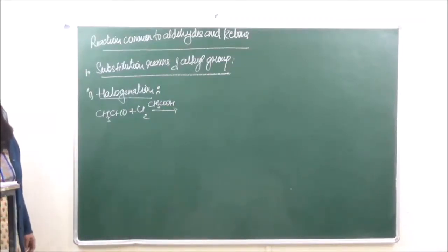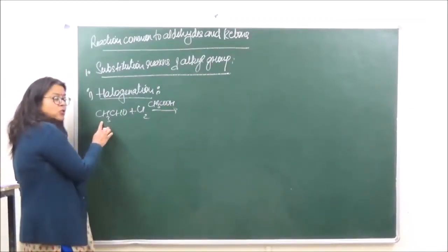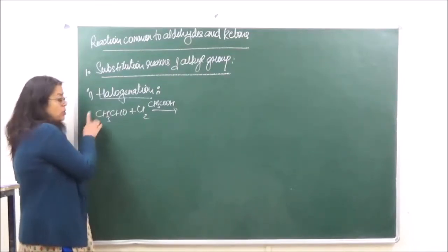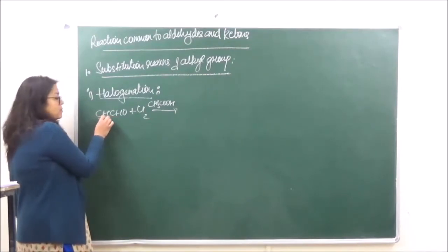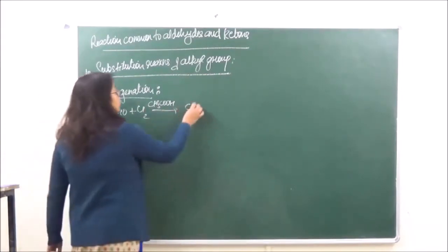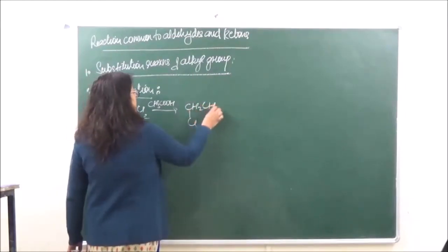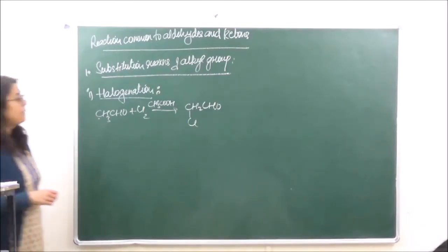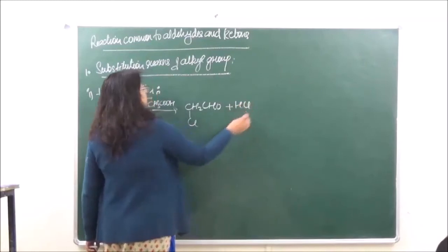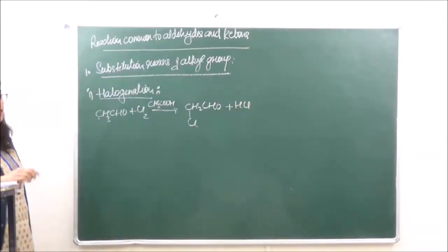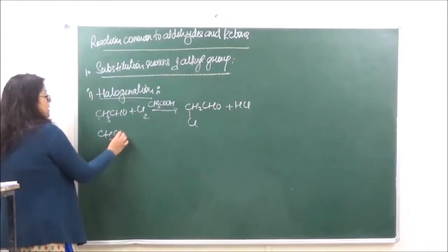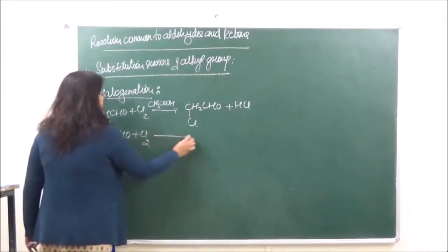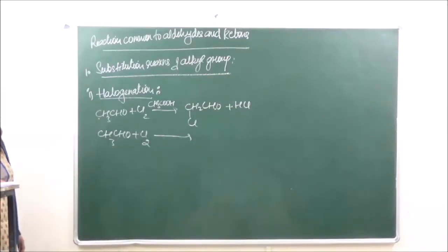CH3COOH in acidic medium, the alpha hydrogen which is present over here is going to be substituted. It is always the alpha hydrogen which is going to be more susceptible towards substitution than the next hydrogen. So if this is a functional group, this is the alpha carbon atom, and this is going to be the alpha hydrogen over here. So we're going to get a product of the type Cl-CH2-CHO plus HCl. Now if we're doing the same reaction, CH3CHO plus Cl2, but we are doing the reaction in basic medium.